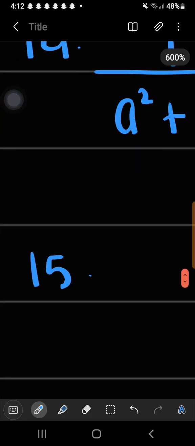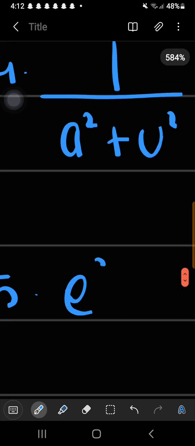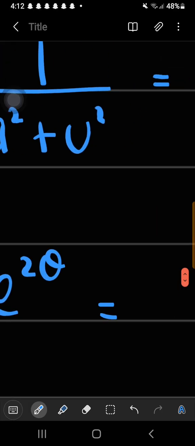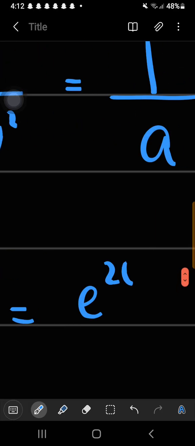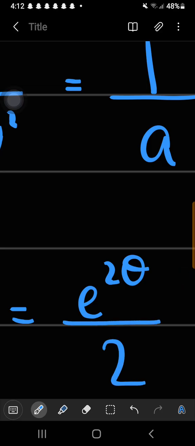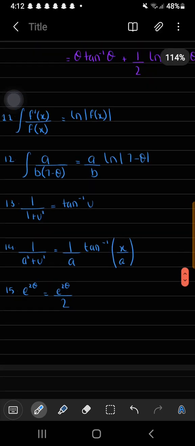Now the 15th is the integral of e power 2 theta, which is equal to e power 2 theta divided by 2. And now we are left with the last one. The 16th is